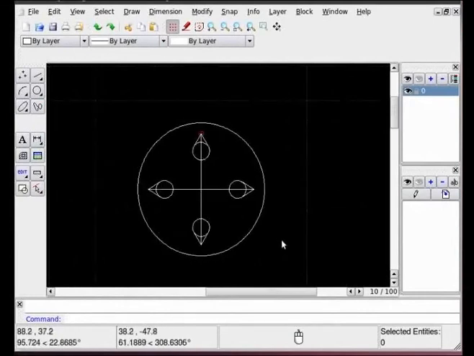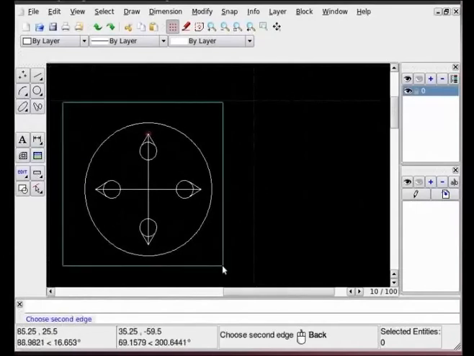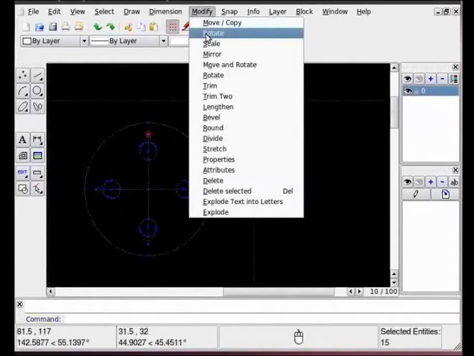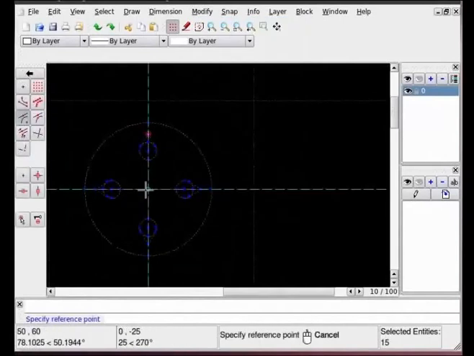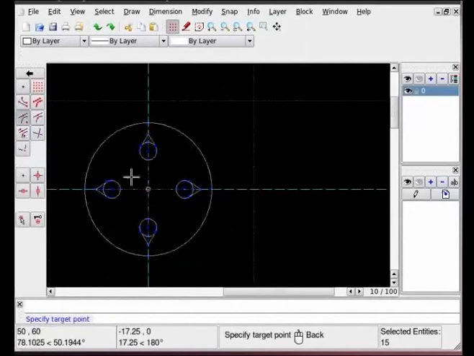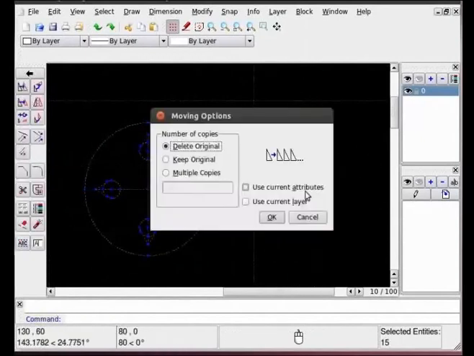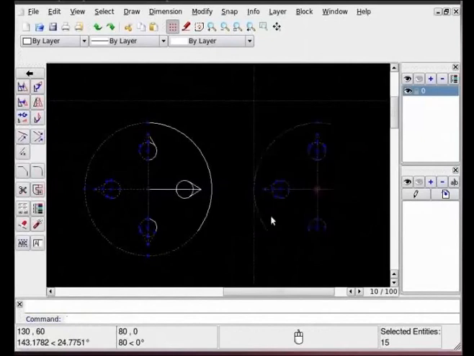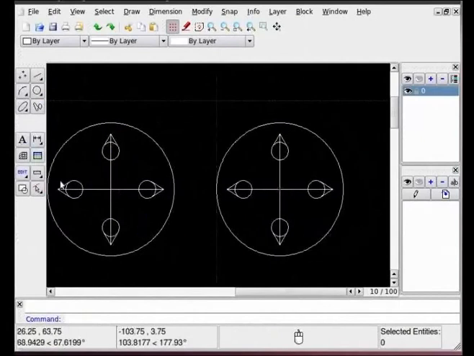To demonstrate, let us first copy this. We'll select it, copy, somewhere here. Let's keep original, Control K to deselect. Okay, I'll leave this as is.